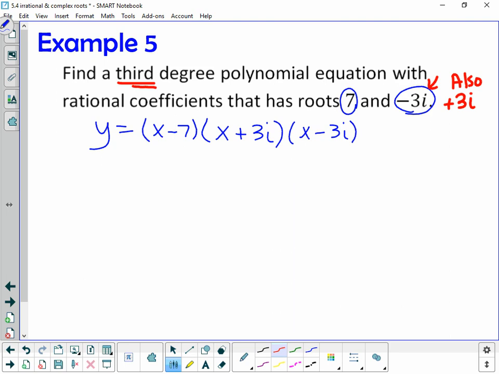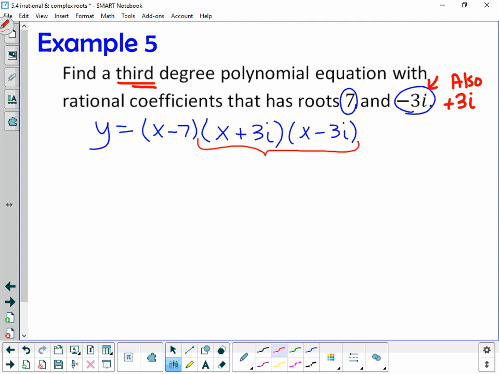Now it doesn't say to put it in standard form because I was not thinking when I was writing the instructions. I do want us to practice putting this into standard form. So when you put an equation into standard form from intercept form, you just need to multiply it out, distribute all those things. When you're doing that, it really pays if you pick the 2 that have the imaginary part to work with